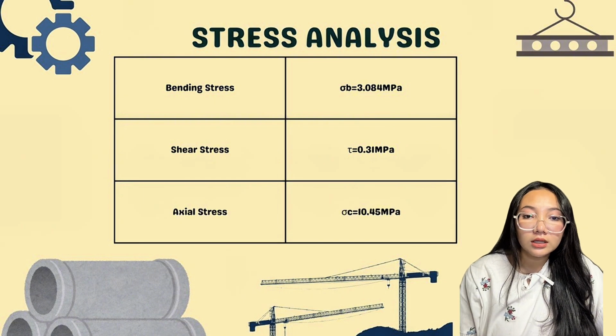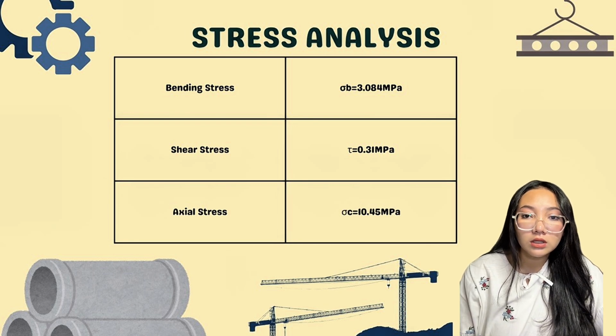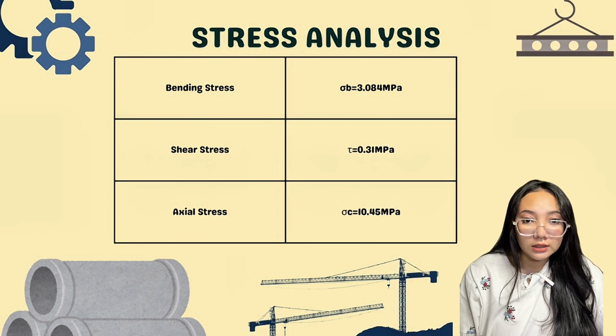In addition, axial stress is 10.45 megapascal, resulting from the axial load applied along the member. This value provides an indication of the structure's response under the given load condition and is important for assessing the